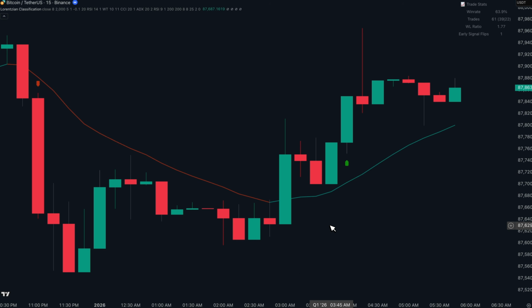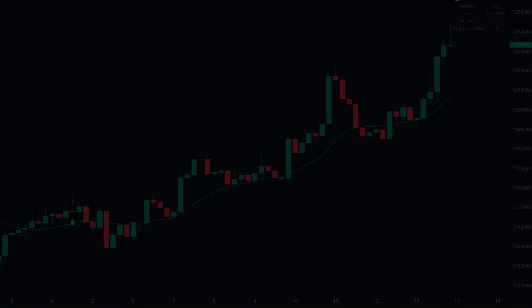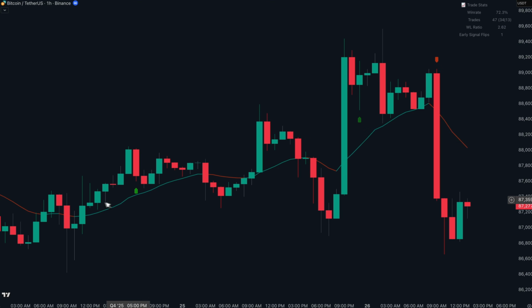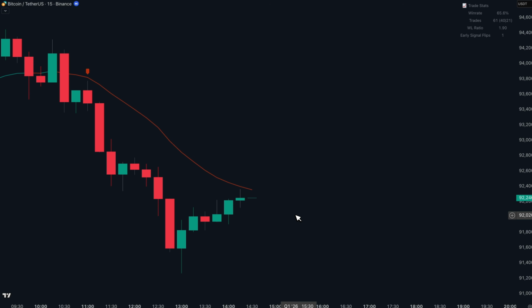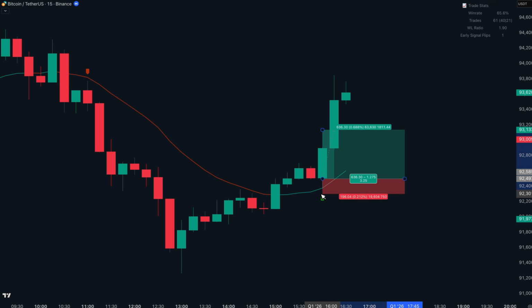But here's the professional insight. This line shows you market regime changes instantly. Price consistently above a green kernel: healthy uptrend, every pullback to the kernel is a re-entry opportunity. Price whipping across the kernel with color flashing between green and red: choppy market, stay out. Price breaks through the kernel and color flips: trend reversal happening now. The kernel line also gives you dynamic stop-loss placement that adapts to actual market conditions instead